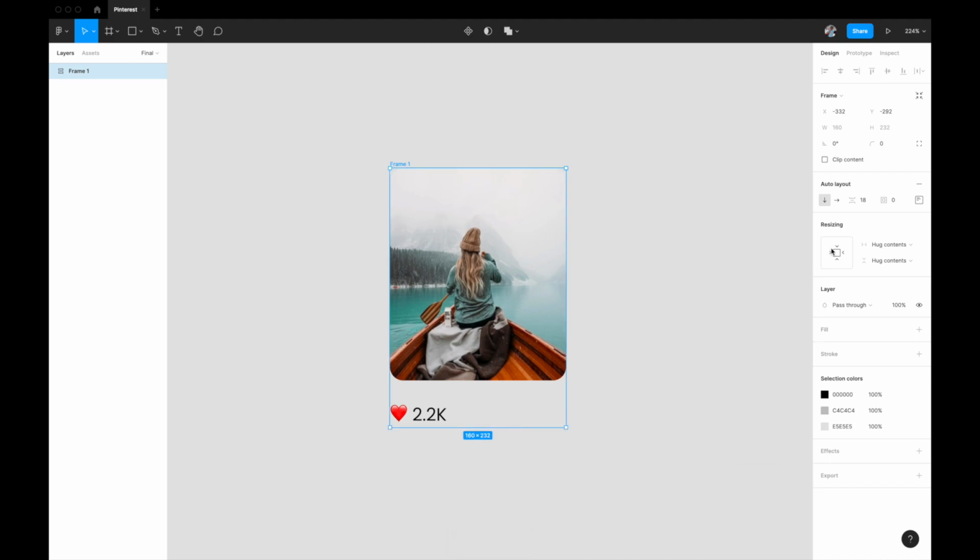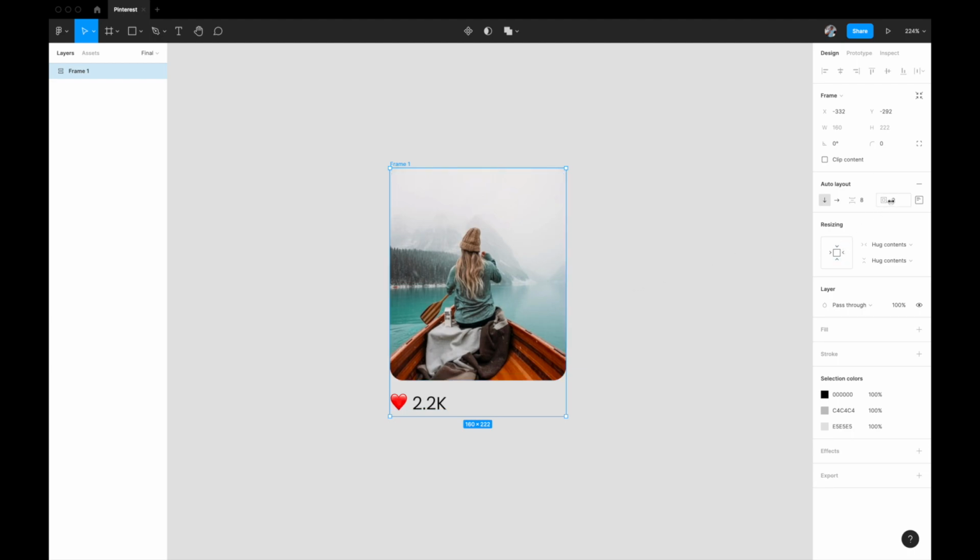Now there's a bunch of options that you're seeing here for auto layout. Since these two elements are stacked one on top of the other, auto layout has already determined the direction. That's a vertical direction auto layout. And if you want to change the spacing between these two elements, we can do that quickly here. It's 18 for now. We can set it to 8. So the spacing is between this text and the image.